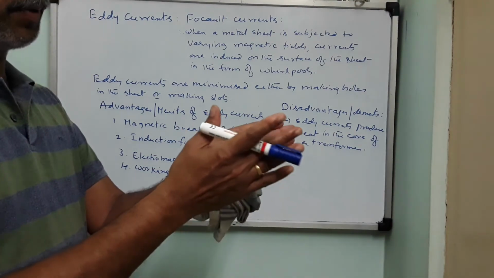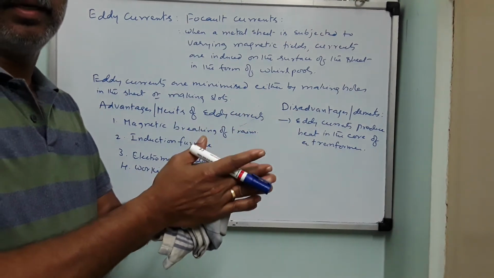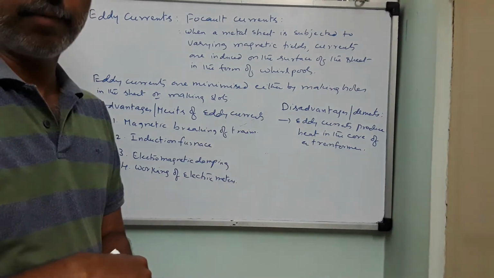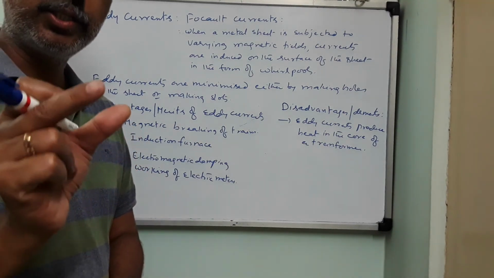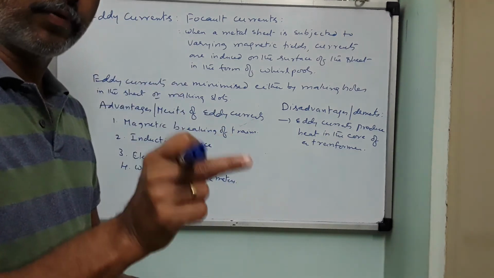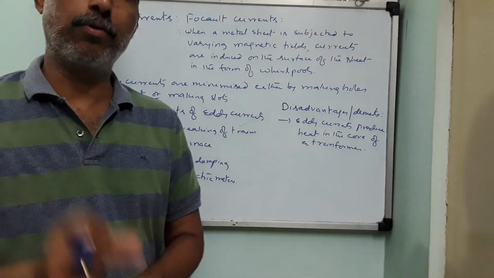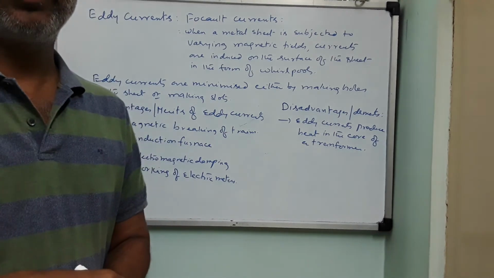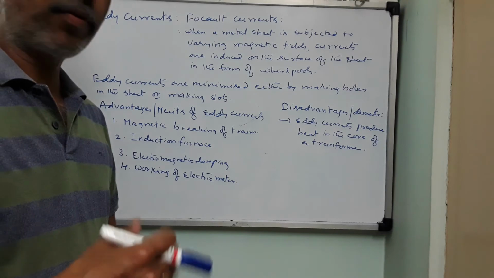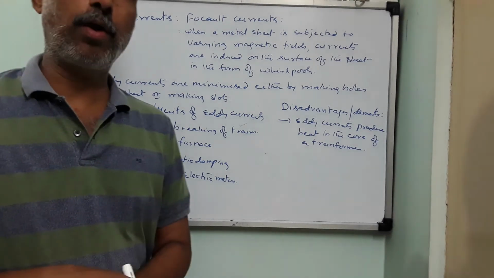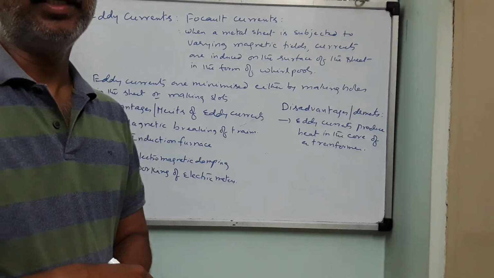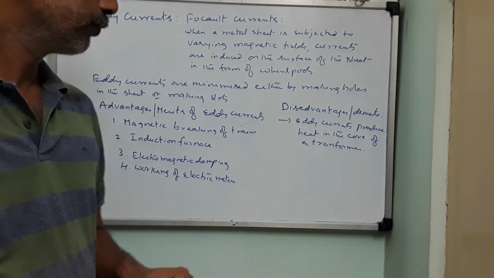So one sheet will be pasted on the other sheet with the help of this lacquer. Thereby, what you are doing? You are trying to minimize the surface area. Instead of using a single, thick soft iron core at a stretch, you can use a laminated core. Due to lamination of the core, you are trying to decrease the surface area. As the surface area decreases, the magnitude of eddy currents will decrease. Like that, you can minimize the heat. Otherwise, you cannot avoid it.